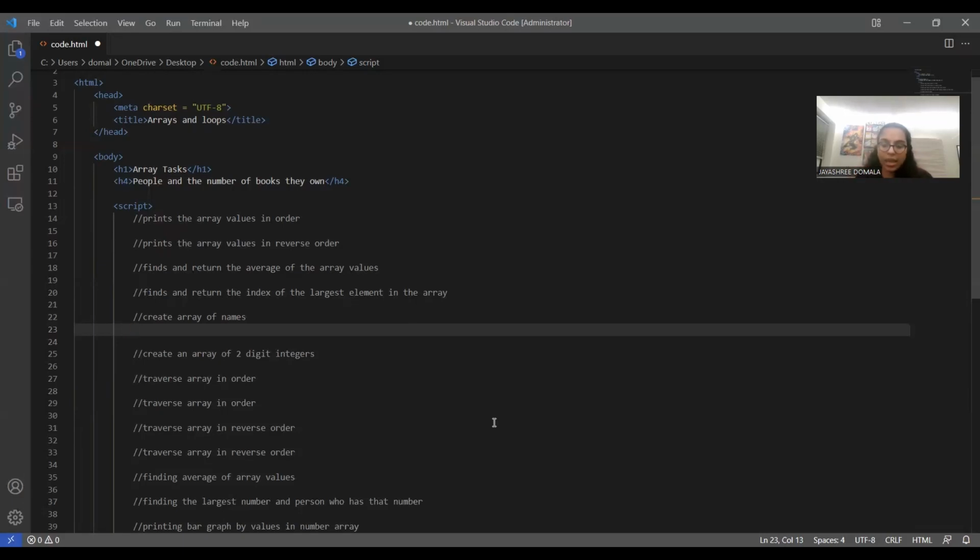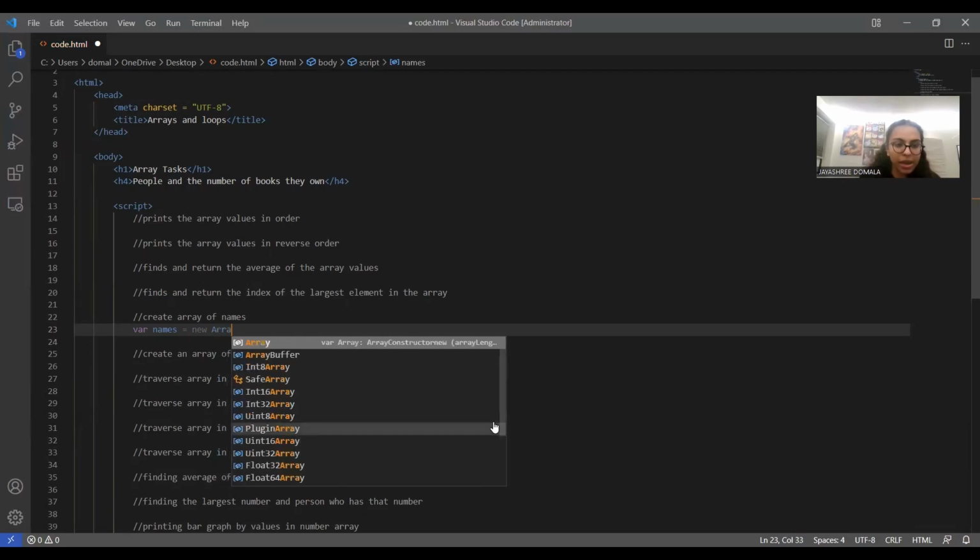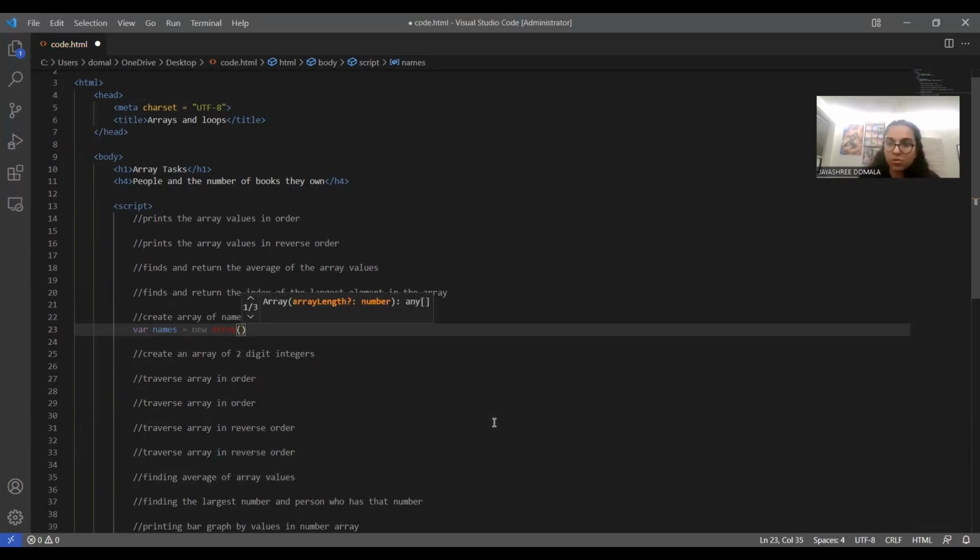So now we have to create an array of names. Let's see how to do that. I will write the keyword var, and then give the array a name called names. Then I use the keyword new Array where A is capital, and then circular brackets. Inside these brackets, I am going to pass the values that I need. Because they are strings, they should be inside quotes. Let me write some random names: Joey, Mary, Tom,